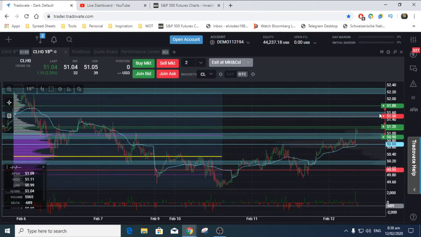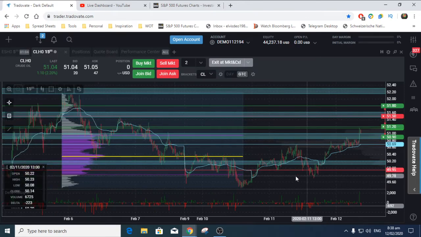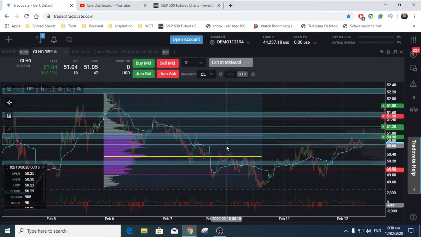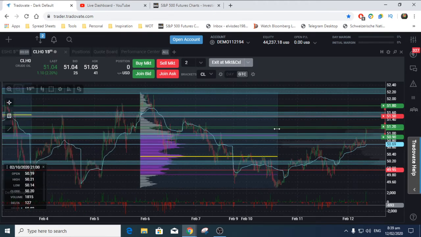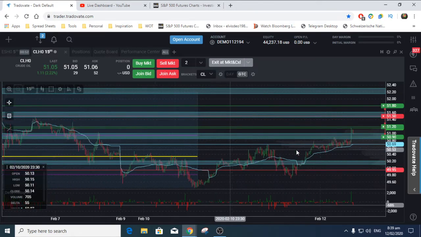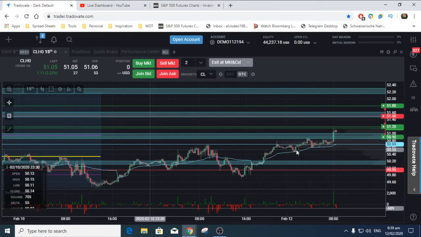So we have a 2 contract sell here at 51.50. The expectation is wait to hit point of control, find some resistance, and then 51.80s would be possible. Probable trade if the market does punch way higher than we expect. Market opens in 20 minutes, so hopefully we'll get filled, especially on this punch here.